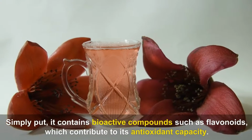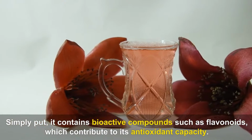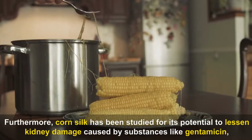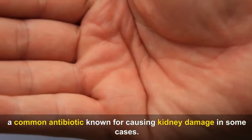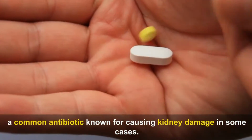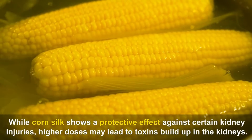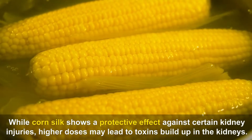Simply put, it contains bioactive compounds such as flavonoids, which contribute to its antioxidant capacity. Furthermore, corn silk has been studied for its potential to lessen kidney damage caused by substances like gentamicin, a common antibiotic known for causing kidney damage in some cases. While corn silk shows a protective effect against certain kidney injuries, higher doses may lead to toxins build up in